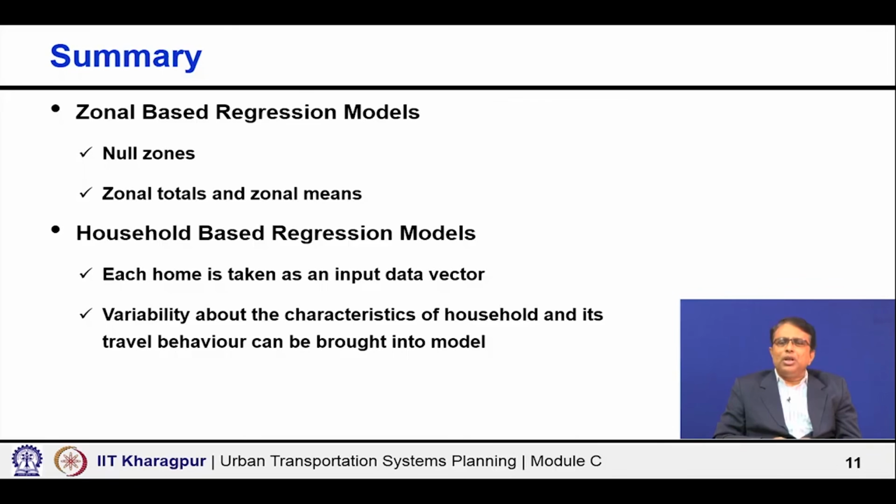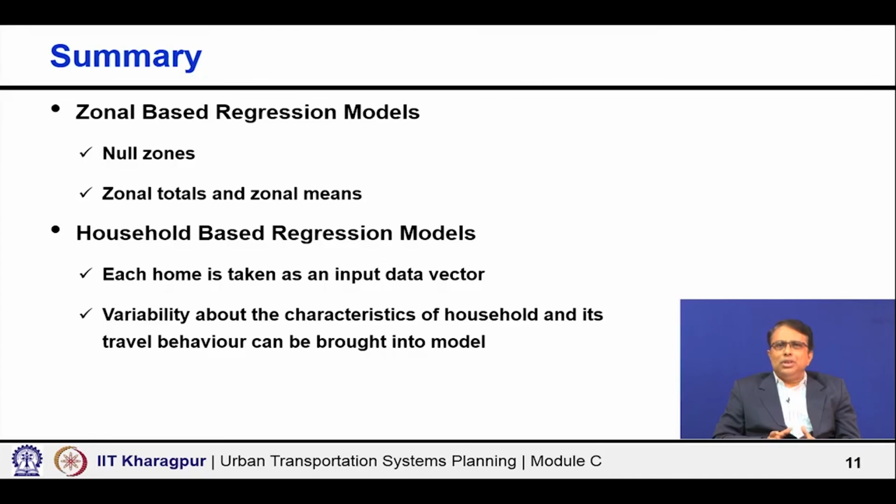But the zonal based model has certain aspects which one has to understand. One is zonal total versus zonal means, then use of null zones, then intrazonal variability versus interzonal variability, then the value of intercept,